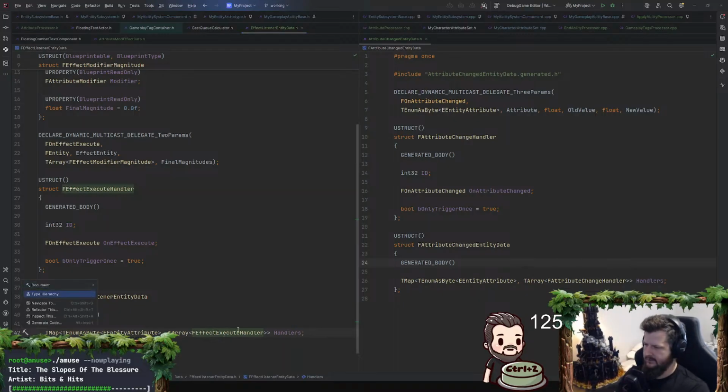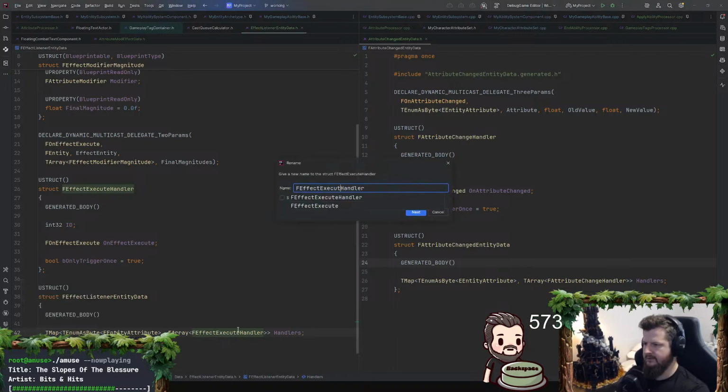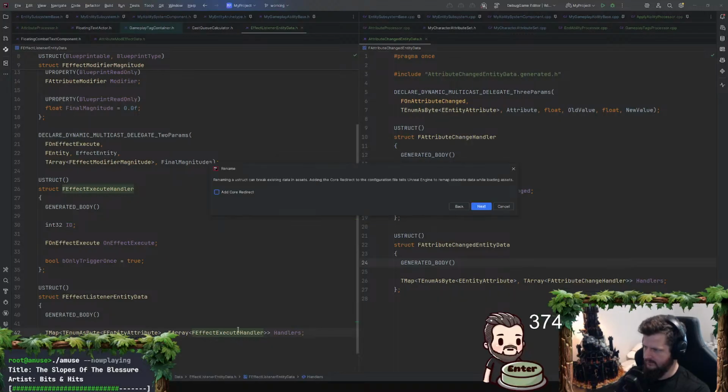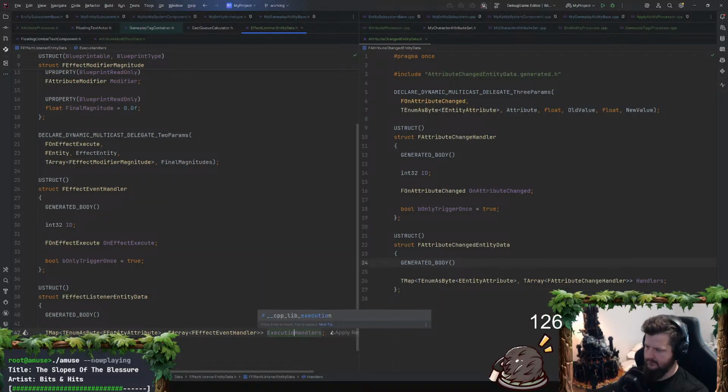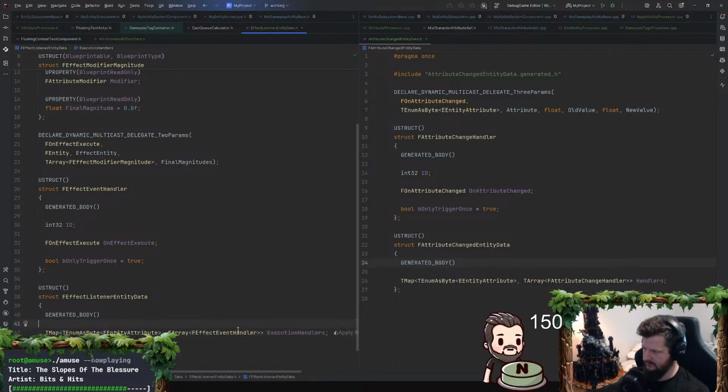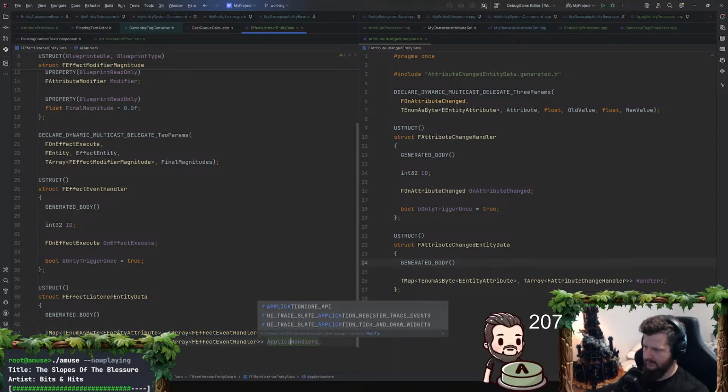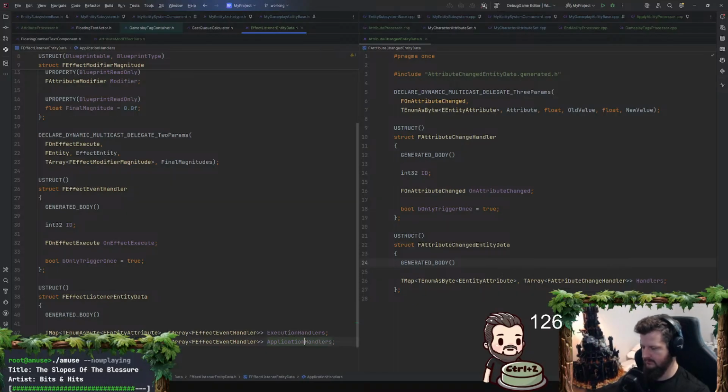Call this effect event handler, actually. Refactor this. Change this to effect event handler. And this will be just for execution handlers. And then I would need one for application and removal, probably, is another event.